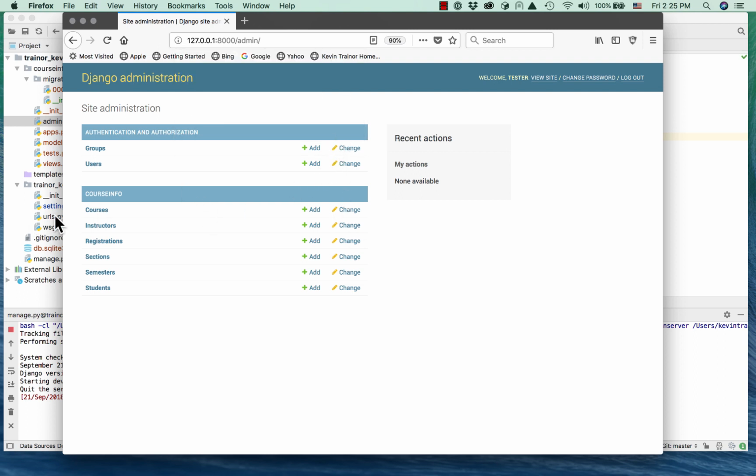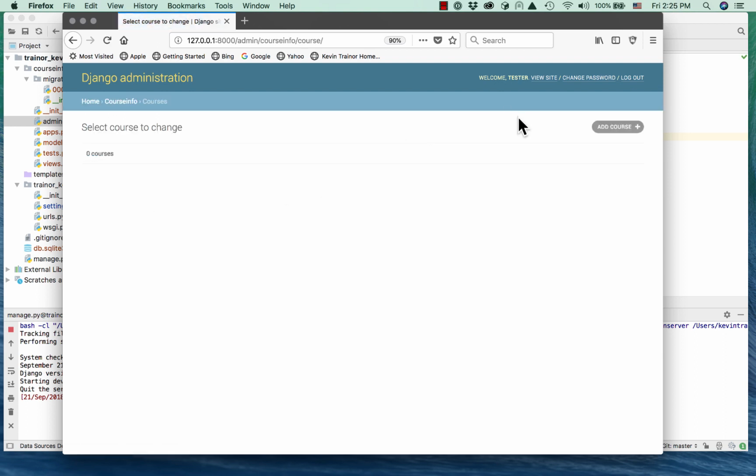Okay, and because we registered all of those classes in the model, they're all right here. So gosh, this looks great. You know, this could be terrific. Okay, so why don't we go through and add a couple of each thing and see. What we're going to see is, oh, this is cool, but then we're going to realize that we don't have everything we want. So courses, okay, we come over here, we can add a course